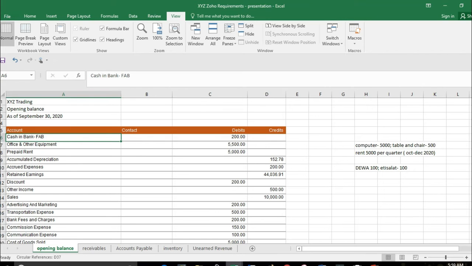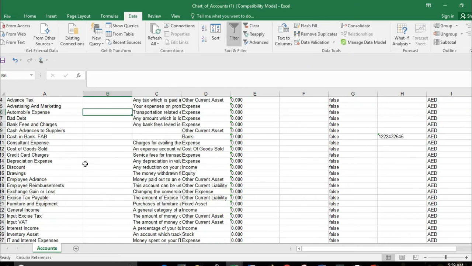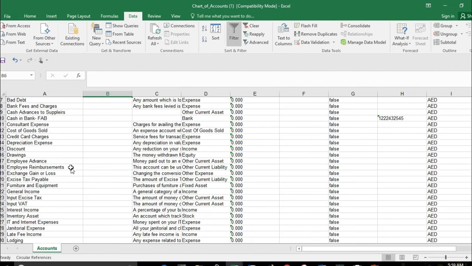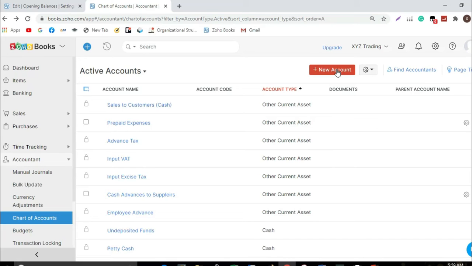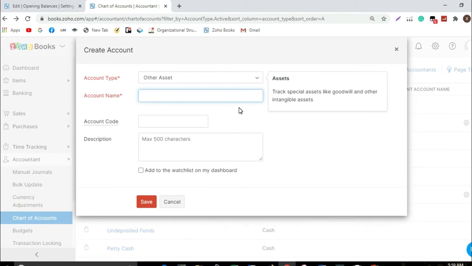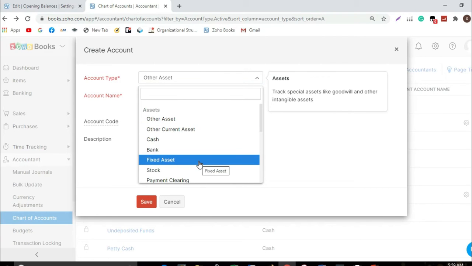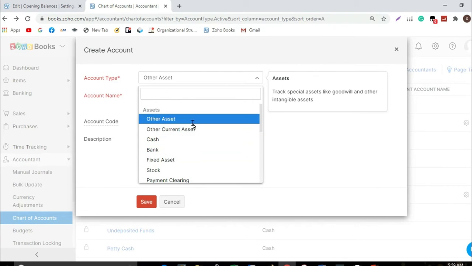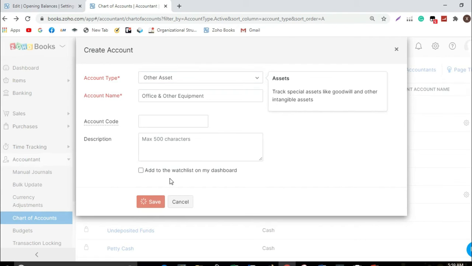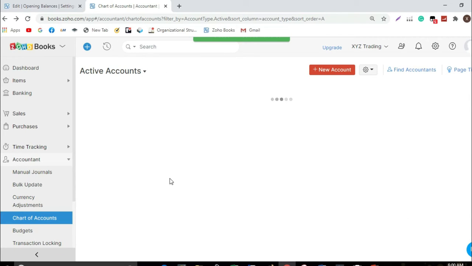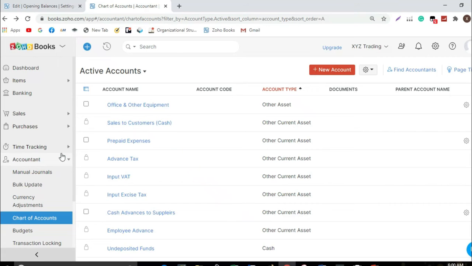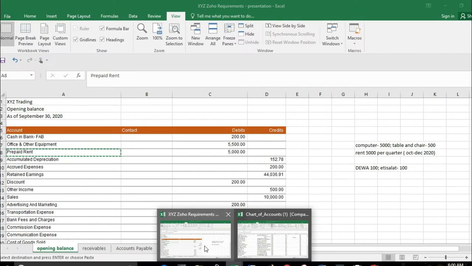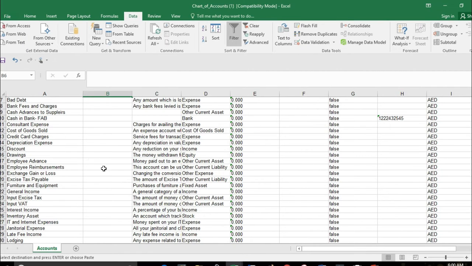So let's start comparing. We can export all those account titles in the Zoho chart of accounts, all the information in there. The first account title that is part of the existing chart of accounts is office and other equipments. So that's how we add it. Just put the account title, and identify if it's under the balance sheet side or income statement side.